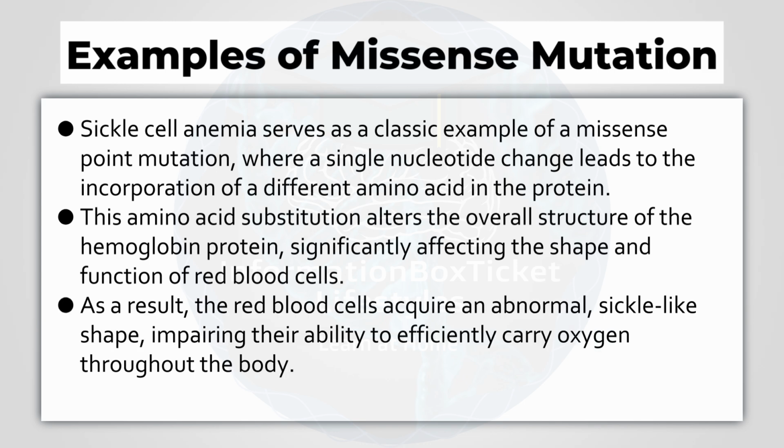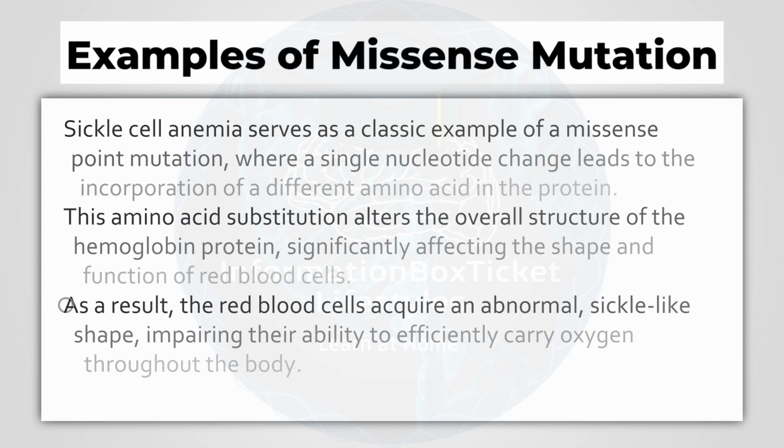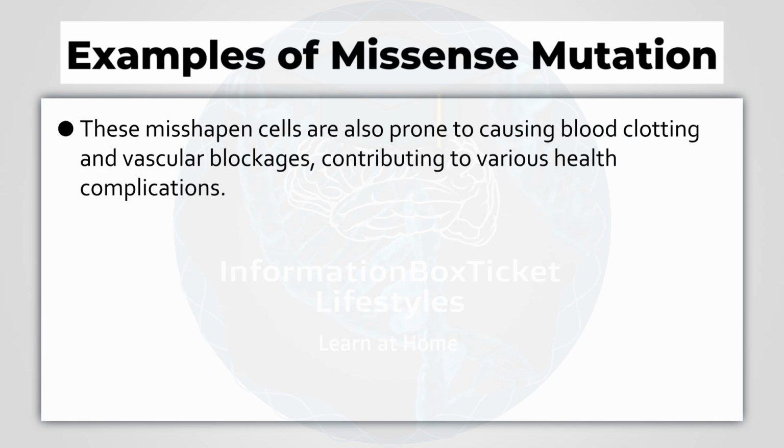As a result, the red blood cells acquire an abnormal, sickle-like shape, impairing their ability to efficiently carry oxygen throughout the body. These misshapen cells are also prone to causing blood clotting and vascular blockages, contributing to various